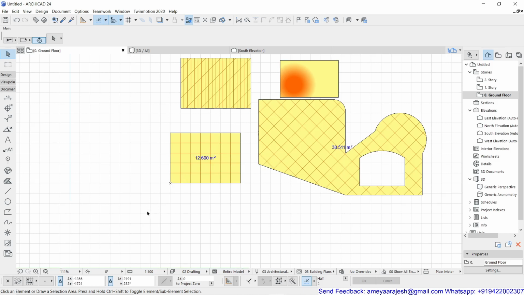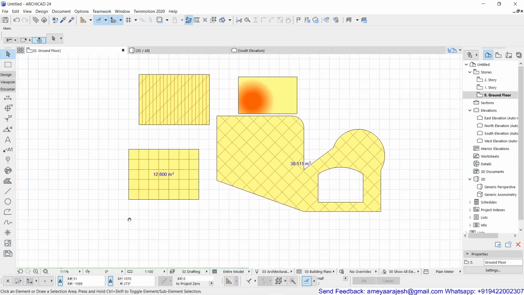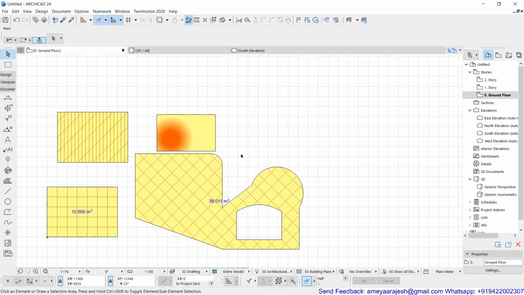Now, another thing I want to explain is related to drafting some random shapes or deducting some random punctures from this existing hatch or fill. How can we do that? For that, I'm going to introduce one more interesting tool known as the magic wand.